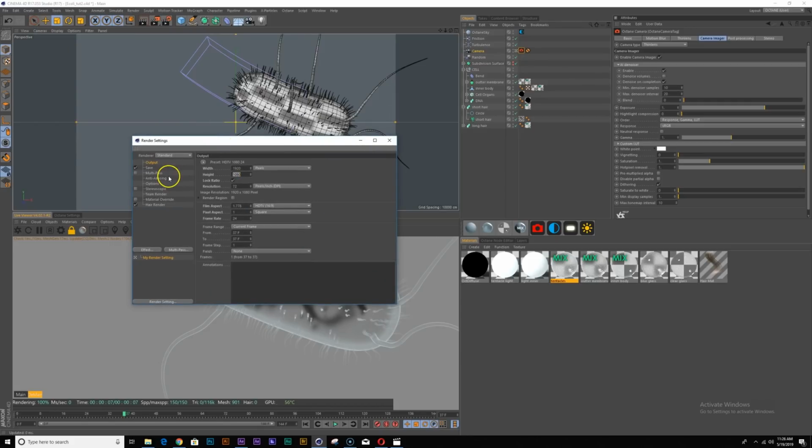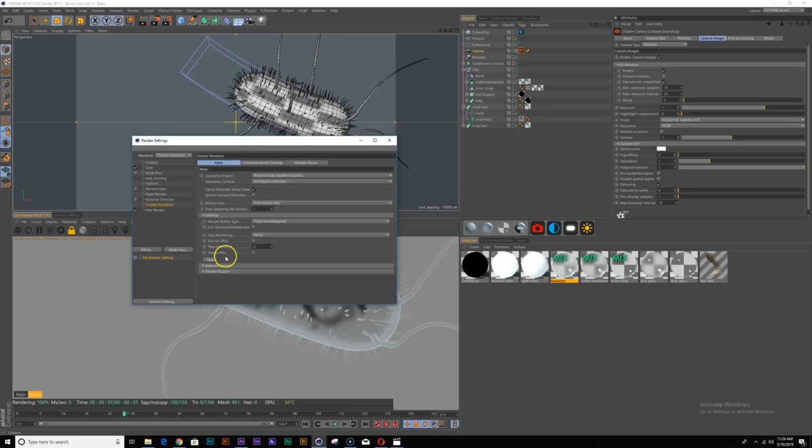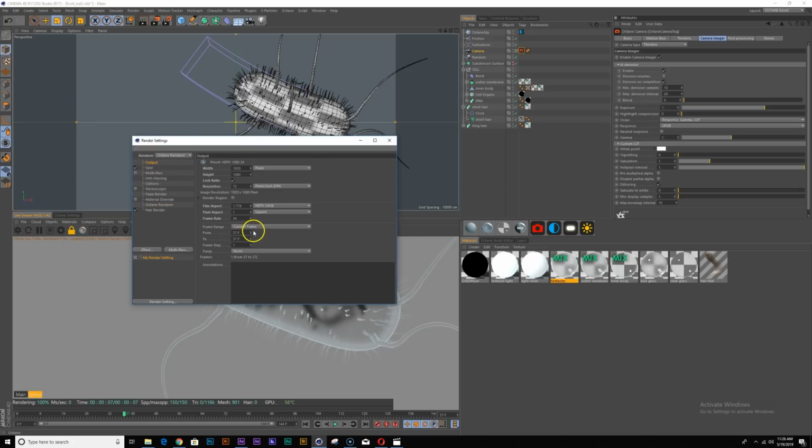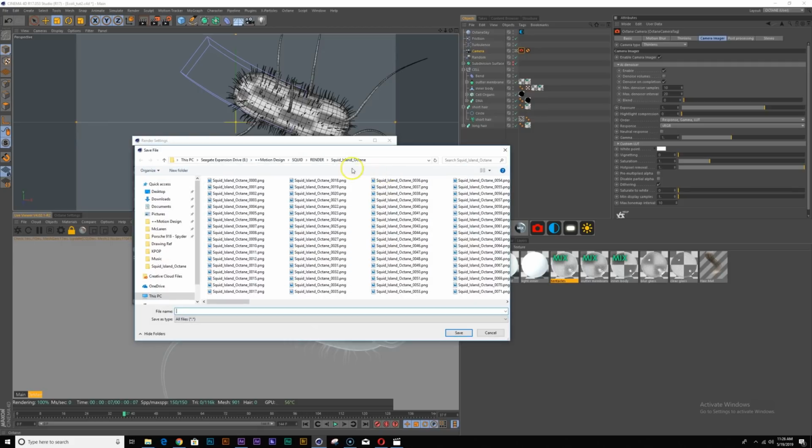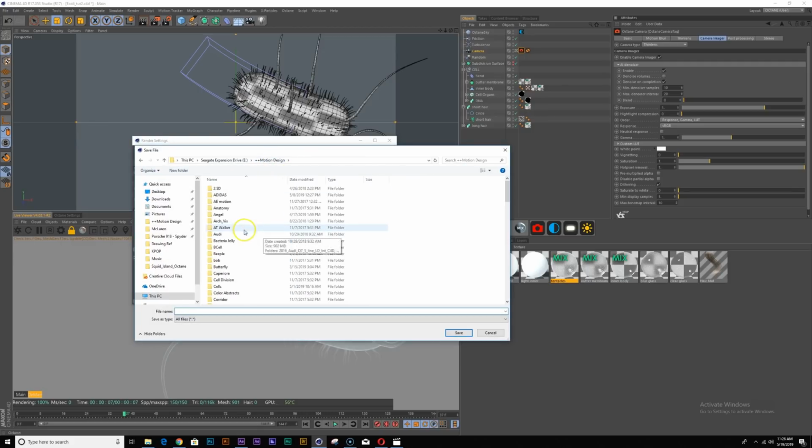So to do that, I first save my scene, change my settings to Octane, make sure I use the denoise pass as my beauty pass. Let's render all frames, and let's set a place to save as.